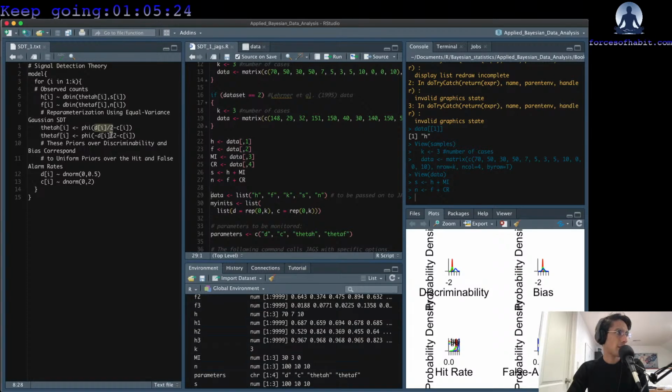So that is our criterion minus the bias. That's going to give us here the hit rate. And then the false alarm rate is measured by the negative of this, so the inverse of the first term. And then we set some uniform